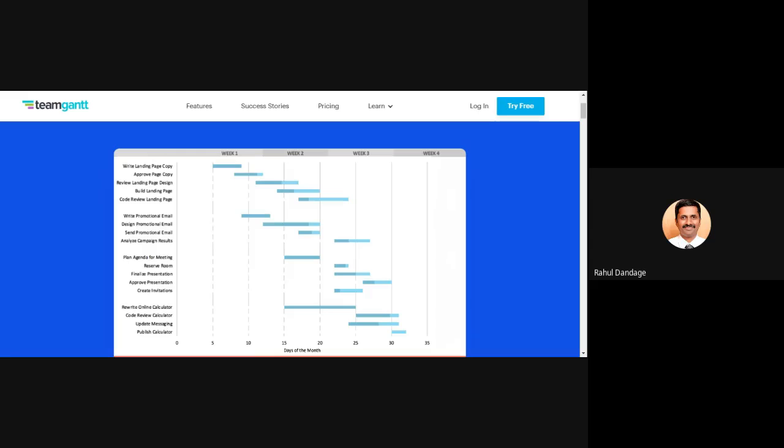So considering 5-day working for any organization, they will consider that 0 to 5 days, 5 to 10 days, that is 1 week. Okay. And then you can see the various activities which are in progress, which are going on, how they have been shown, and how they have been represented on that particular diagram. Okay. Now